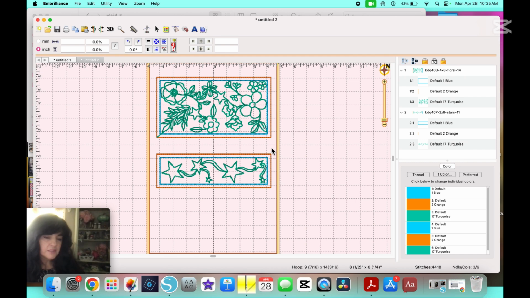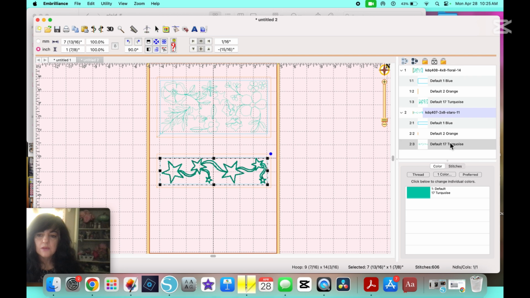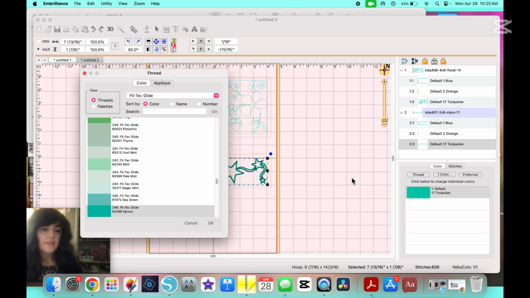They are not going to be the same color, and so I don't want those 2 steps to run together or combine. I want the machine to stop between those 2. So in order to do that, I need to change one of these colors to a different color. It doesn't matter which one. I'm going to pick the second one. I will select that step. I will come down to this swatch, and then I can just choose any color. I'm just going to pick the bottom one,